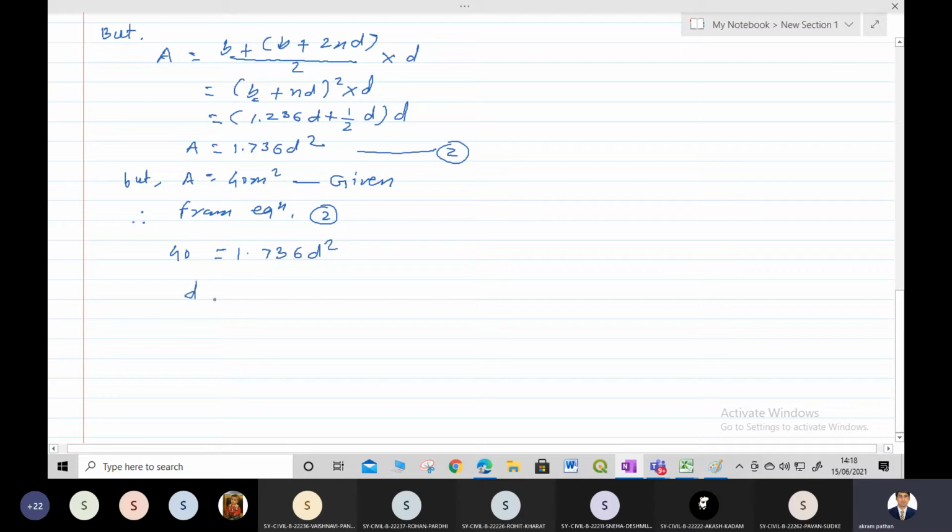Now we have to calculate d. So under root 40 divided by 1.736. Therefore d is equal to how much? How much value will we get? d is equal to,